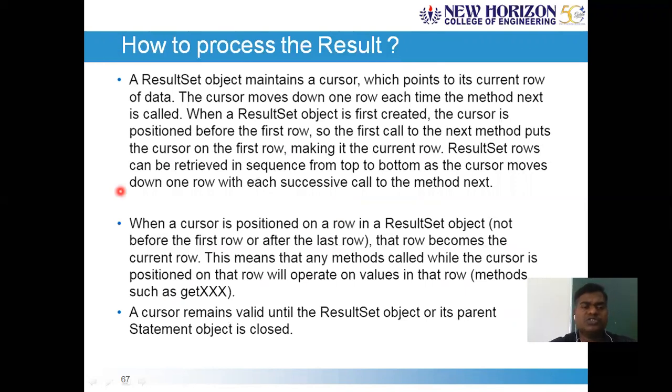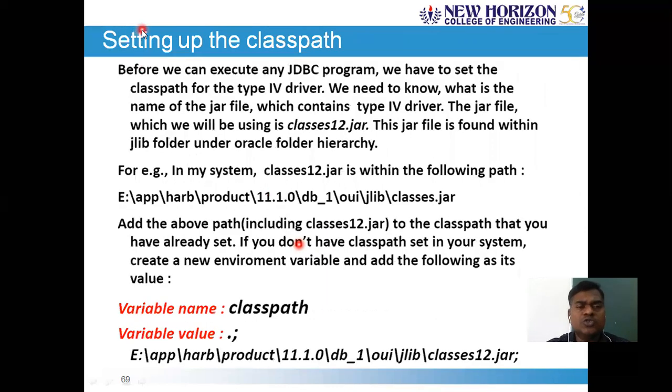Next, how do we process the result? It's a continuation of it, which maintains a cursor which points to the current row of the data. As I told, result set rows can be retrieved in sequence from top to bottom. That's what I highlighted there. When a cursor is positioned on a row, that row becomes the current row of the result set object. So among the 10 rows of the virtual table that is created,